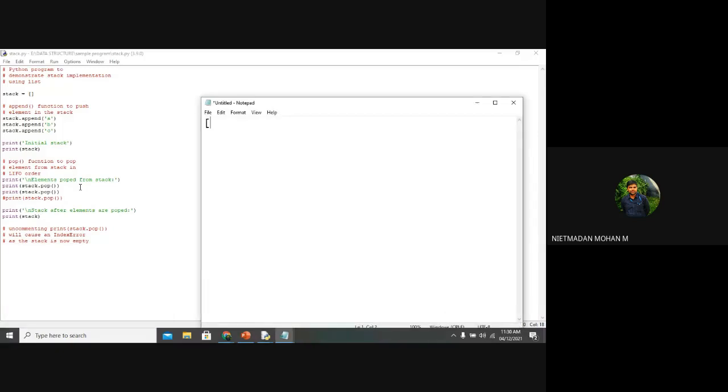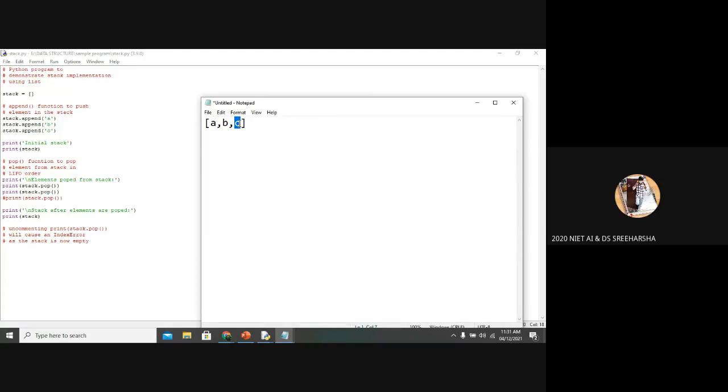So the stack will be represented by A, B, and C. The first element we have inserted is A, the second element we have inserted is B, and the third element we have inserted is C. So here print of stack dot pop, and inside this function we are not given any index value. It means it will remove the last element from the list, right?